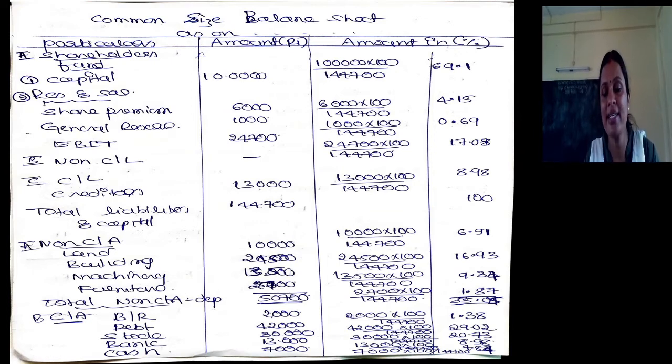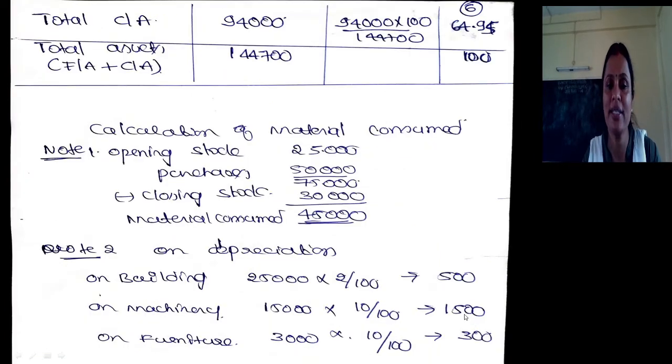So land is 6.91% of total asset. Building is 16.93, machinery is 9.34, furniture is 1.87. Total non-current asset is 35.05%. Bills receivable is 1.38% of total assets, 29.02 debtors, then stock is 20.73, bank is 8.98, cash is 4.84, total current assets is